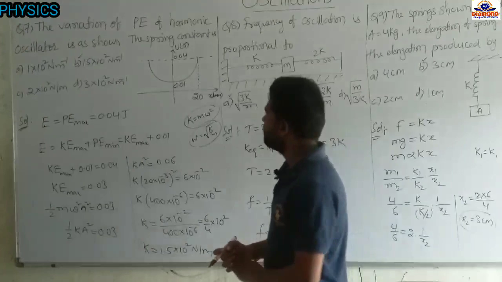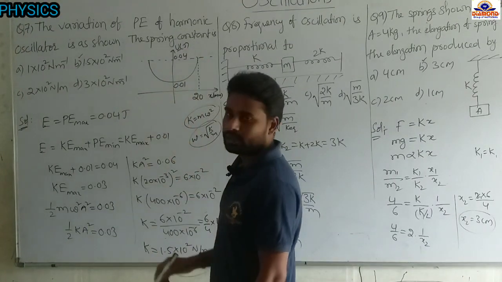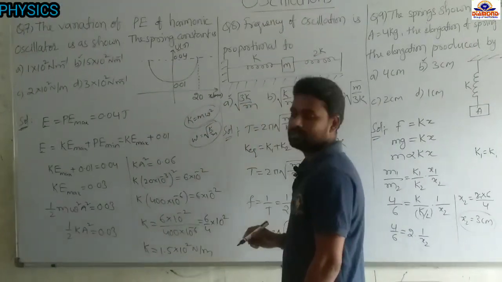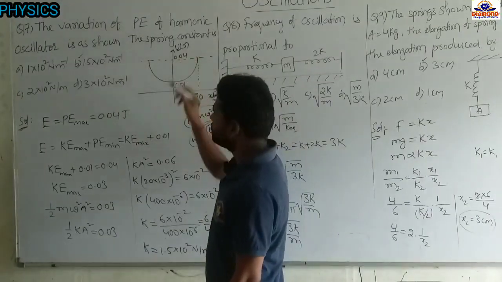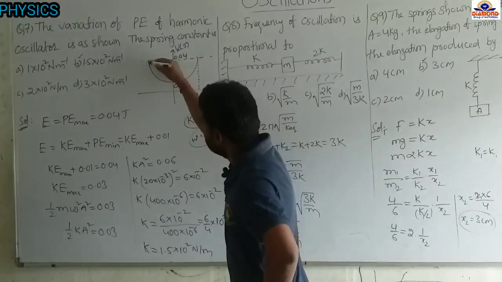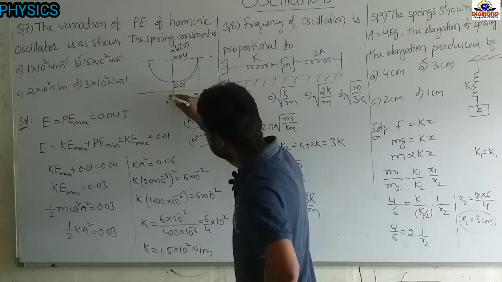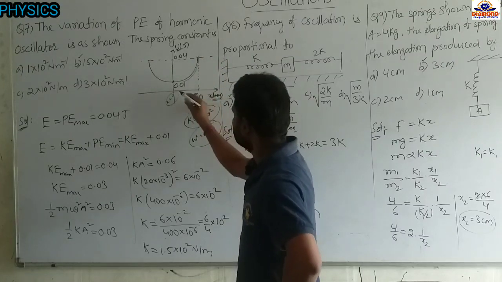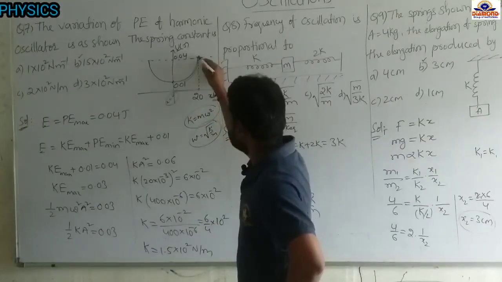So here in this graph, see now, this is the graph. On the y-axis we have U, means potential energy. And on the x-axis we have the displacement x. Displacement is in terms of millimeters. Energy is in terms of joules. Okay, so whenever the particle moves from here to here, at this position x equal to 0, that means it is at the mean position. Now from here to here, this distance is nothing but 20 millimeter. This is the mean, this is the extreme.